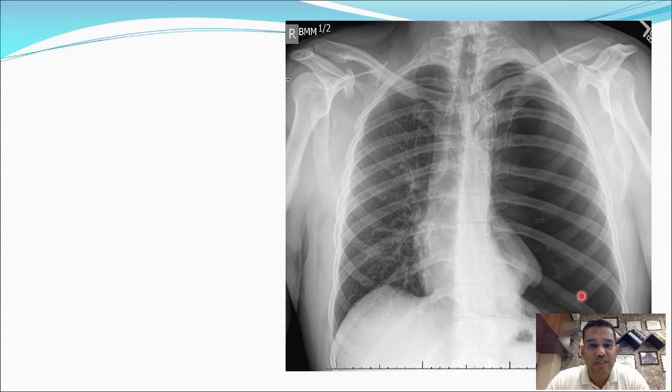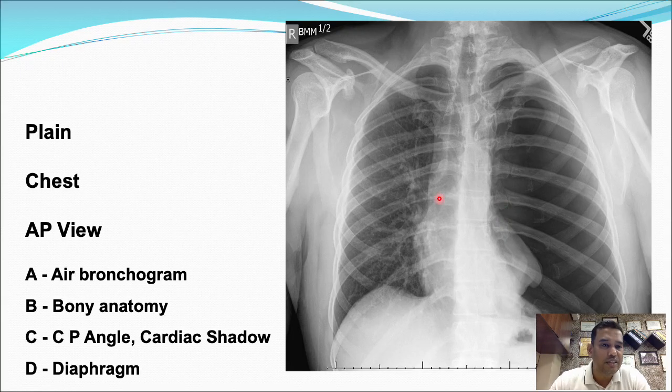So what is your diagnosis? This is homogeneous opacity that is seen over the left side as compared to the right side. So most probably this is a case of tension pneumothorax, or simply you can call it a pneumothorax. So it's a plain